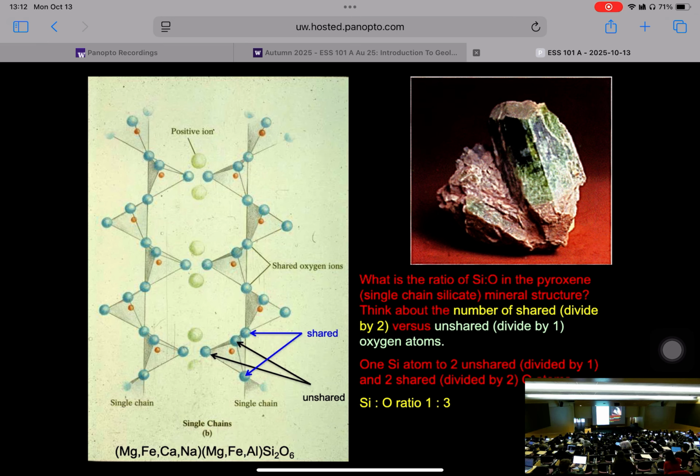How do you figure that out? Well, take your typical tetrahedra. Every one of these tetrahedra have 2 shared and 2 unshared, right? Oxygen atoms. 1 silicon atom in the middle. So if you're sharing,